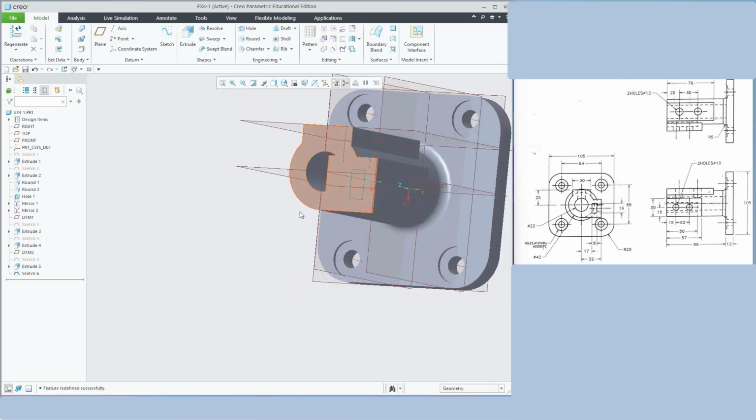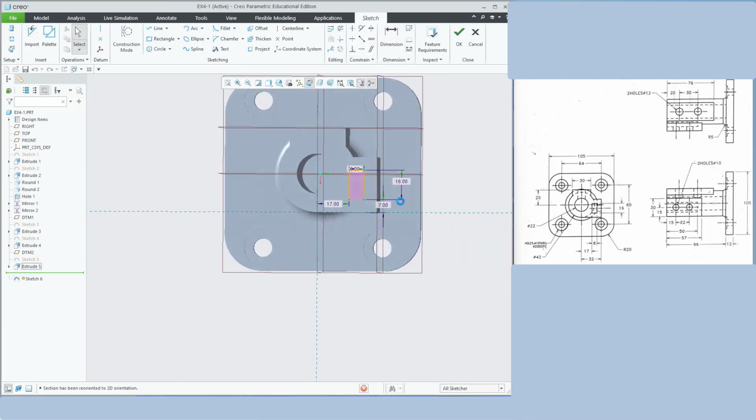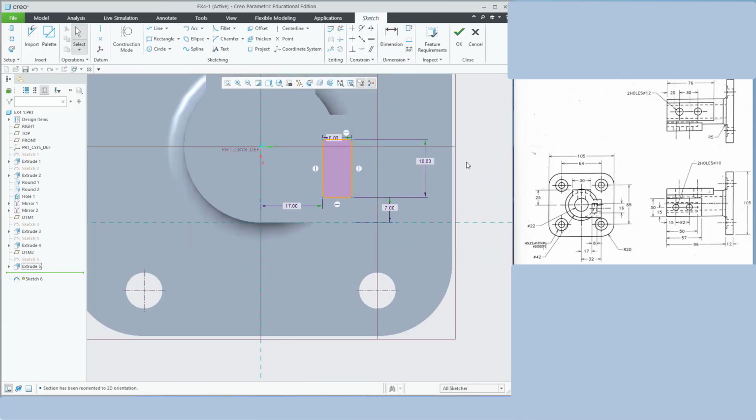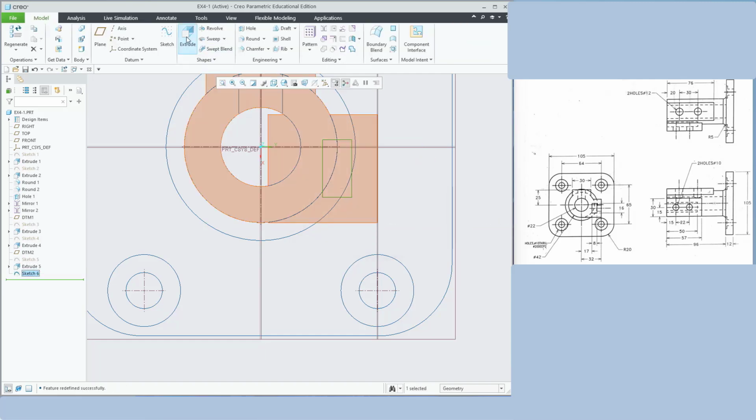And now come back to this sketch 6. Okay, so edit this sketch view. Now we will make this at 15 in the center. I think now this is correct, I think. Okay, so probably this is correct now. Okay, finish it. Go to extrude,